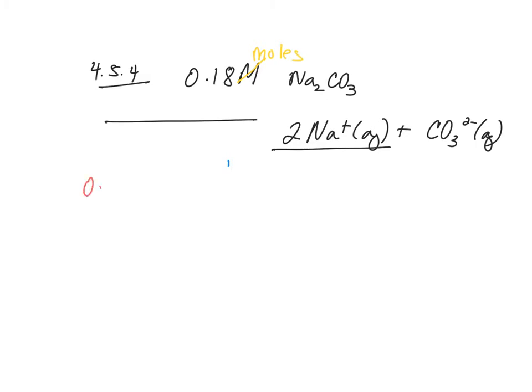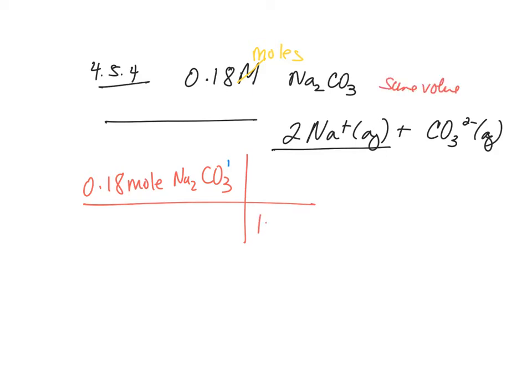So 0.18 moles of sodium carbonate, because it's the same volume. And then for 1 mole of sodium carbonate, we have 2 moles of sodium. So you can multiply that by 2, 0.18 times 2, and that's going to be 0.36 molar sodium ions concentration, and